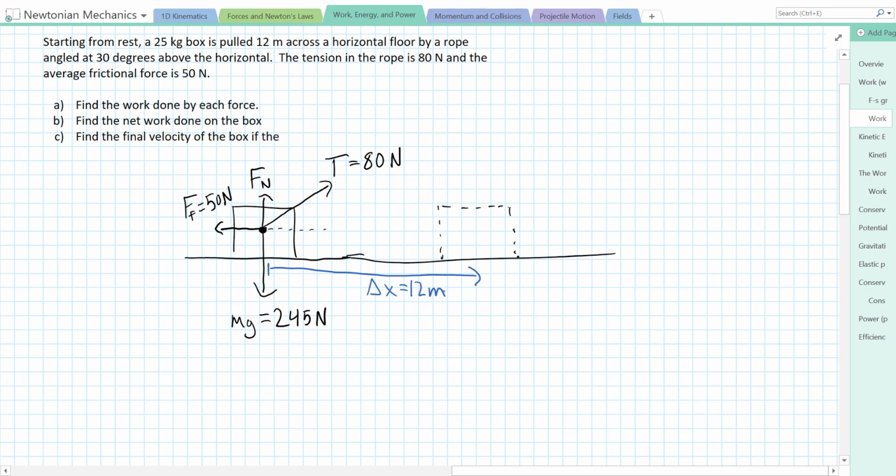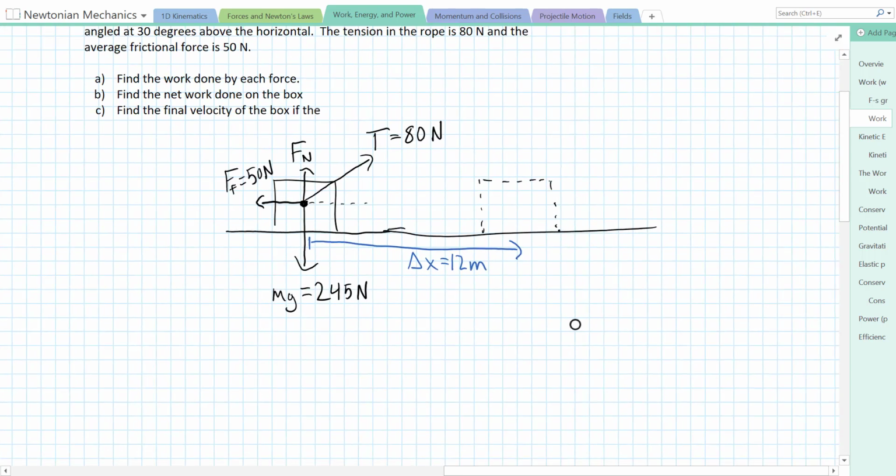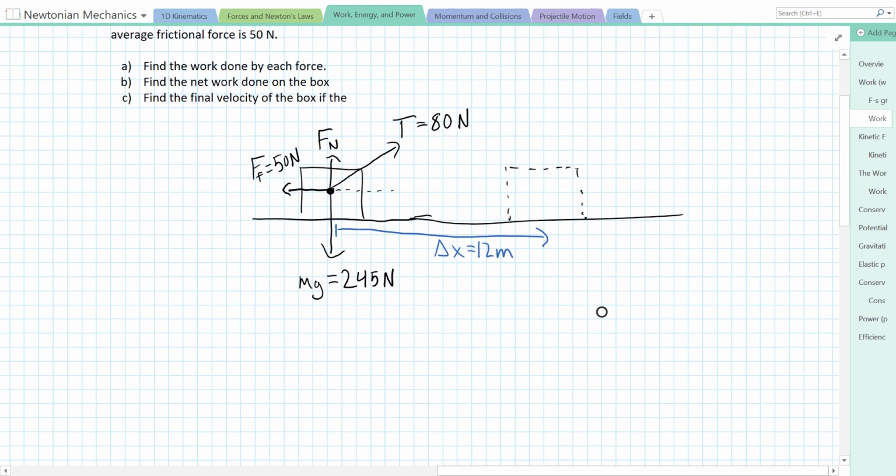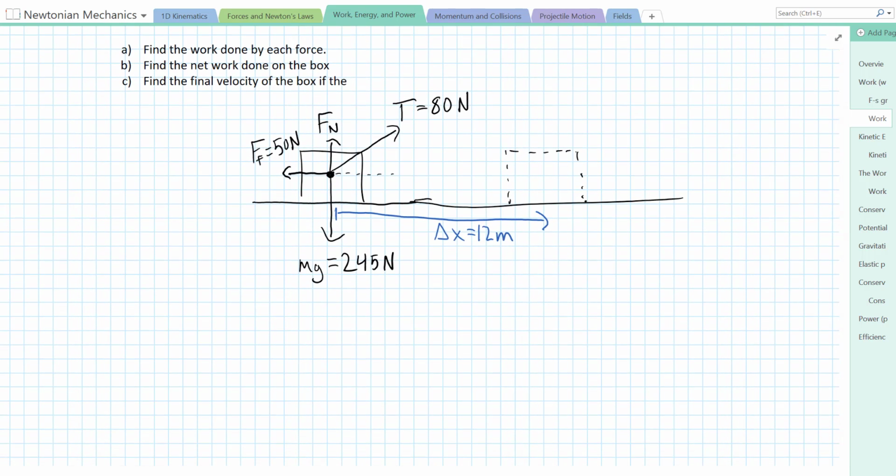And we want to find the work done by each force. So to do that, we're just going to do F times d times cosine of theta for each force. Let me label my angle here, 30 degrees. So for the work done by, well, some of these are really easy, but let's start with the work done